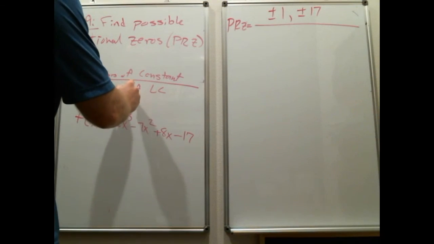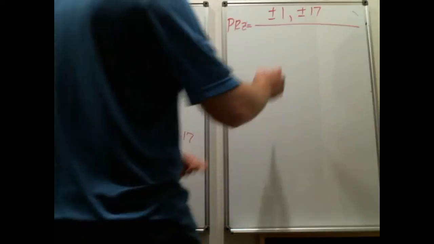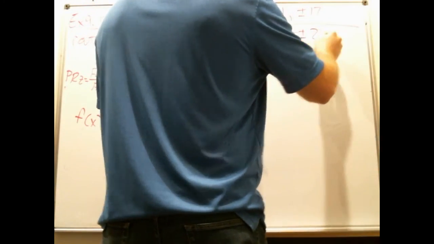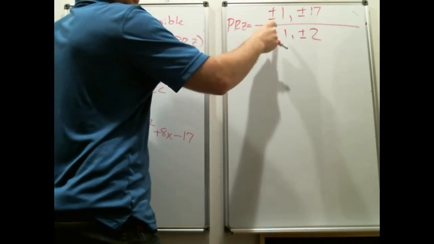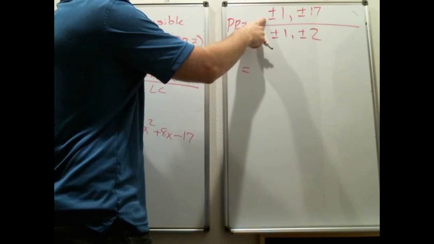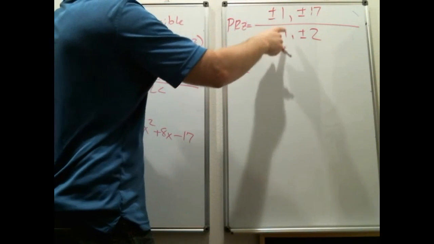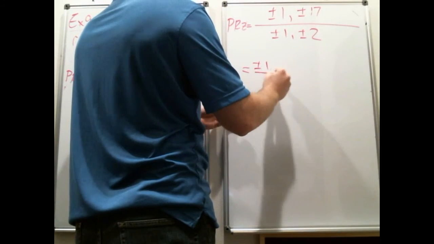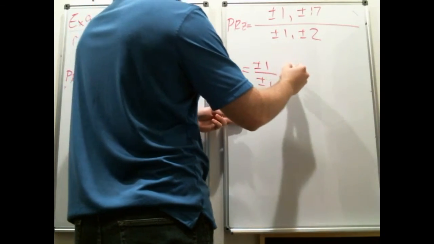Now on the bottom, the factors of the LC, the leading coefficient. It's the coefficient attached to the degree term, 2. So the factors of 2 are 1 and 2, the only things that will multiply to give you 2. So plus or minus 1 and plus or minus 2. What you do is take each term on top and divide it by every term on the bottom. So start with plus or minus 1. Plus or minus 1 divided by plus or minus 1, comma, plus or minus 1 divided by plus or minus 2,